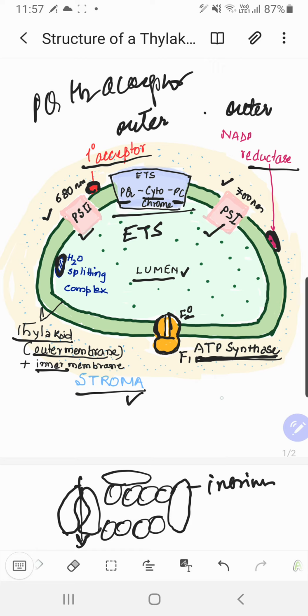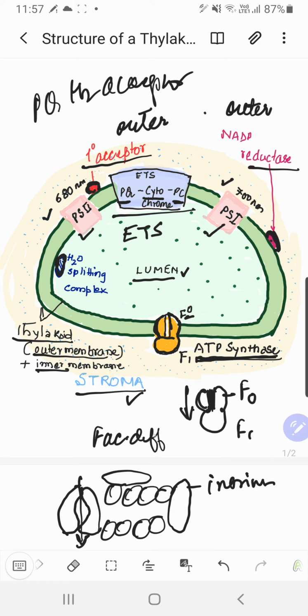And ATP synthase is a complex made by two different structures, F0 and F1. F0 contains that channel in the center so that things can pass through very quickly through facilitated diffusion. Right, children? This is all about the structure of this thylakoid. Now, based on this structure only, you have to explain what happens during chemiosmosis, right? In my next video, I'll be explaining the chemiosmotic hypothesis.